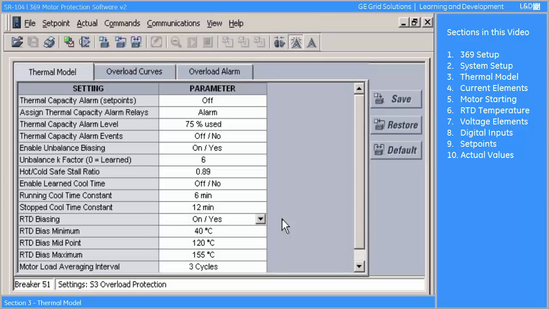Under normal circumstances, the thermal capacity calculated using the model is more precise and higher than that derived through RTD measurements and graph. Whichever value of thermal capacity is greater is the value that is used by the 369 thermal overload element. The RTD bias minimum is set to the ambient temperature the motor was designed to meet. This information is obtained from the datasheets, and in this example is 40 degrees Celsius, and so 40 degrees Celsius